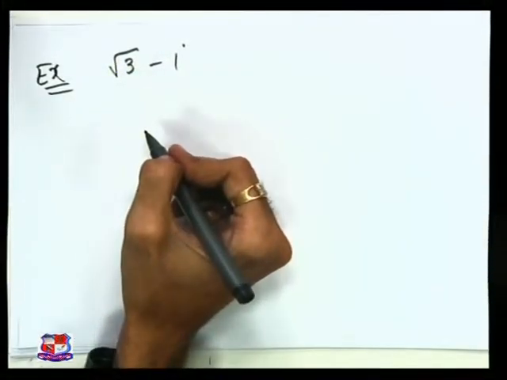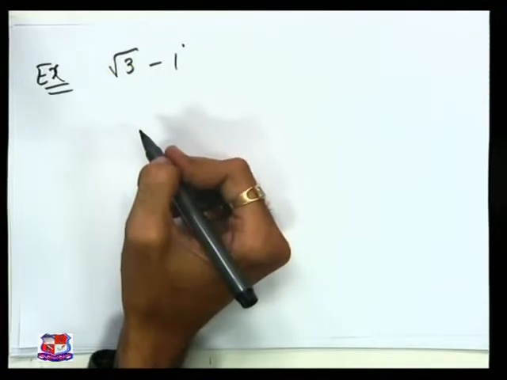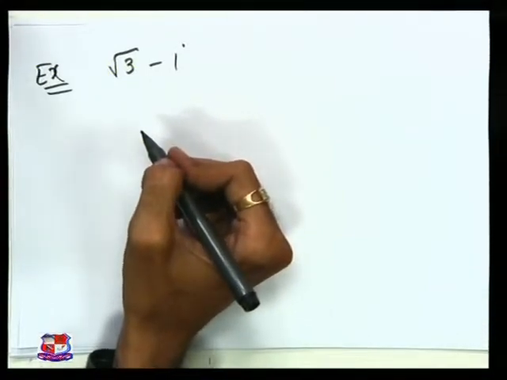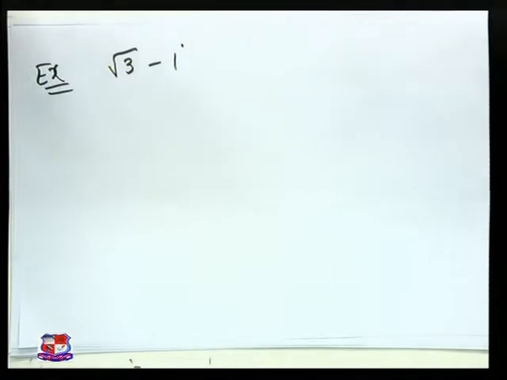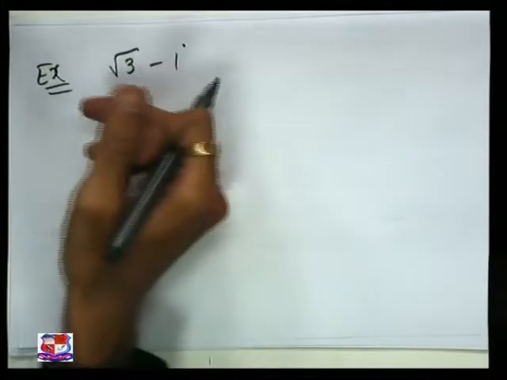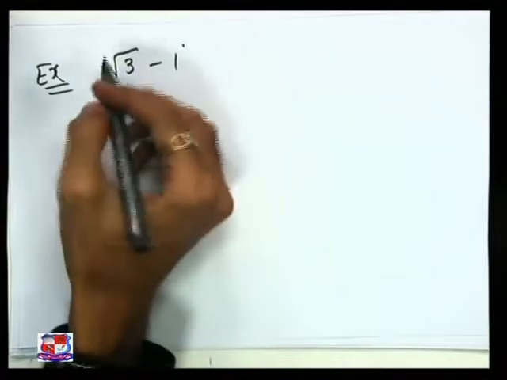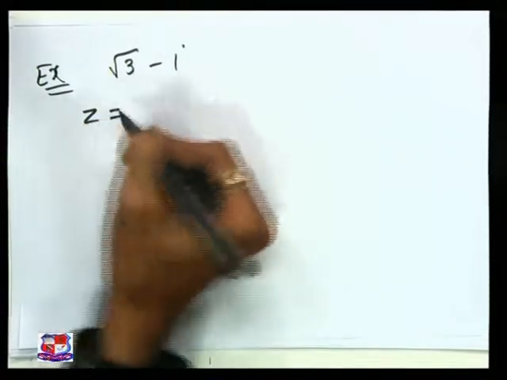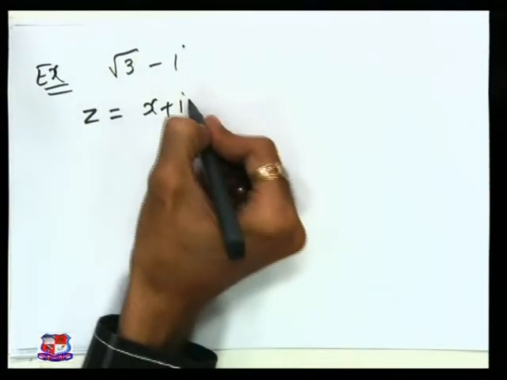Here we want to find the square root of this complex number. First I am going to compare this with x plus iy. So here z is equal to x plus iy, that